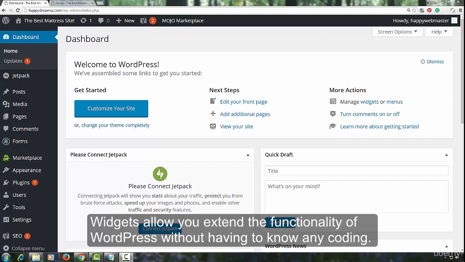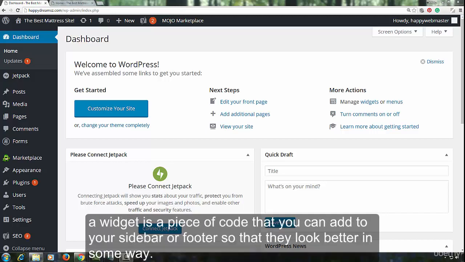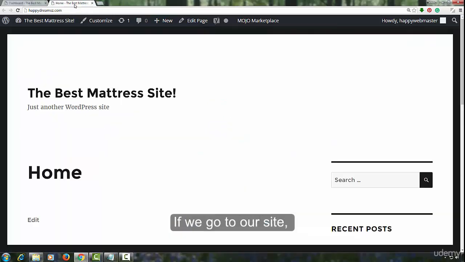Widgets allow you to extend the functionality of WordPress without having to know any coding. The difference between plugins and widgets is this. A widget is a piece of code that you can add to your sidebar or footer so that they look better in some way. If we go to our site,